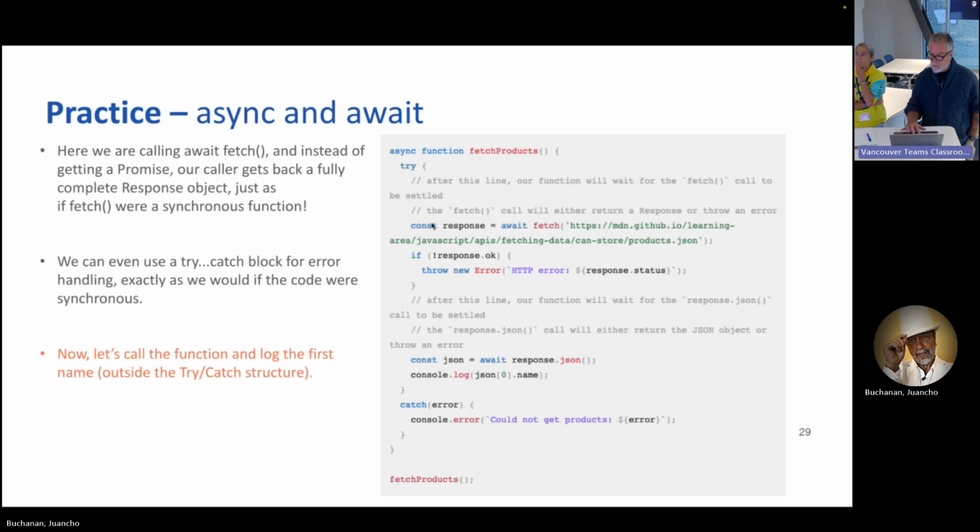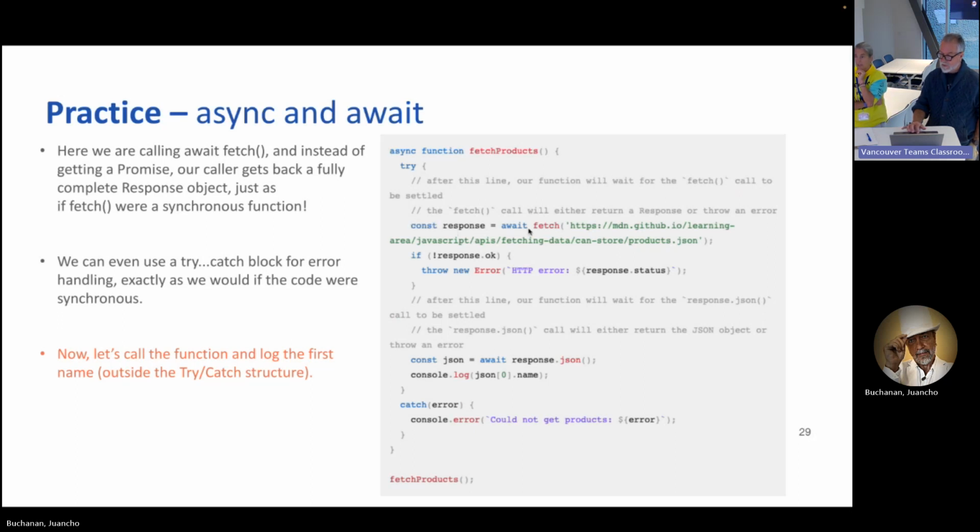So basically, we say const response equals await. What await does is kind of unwrap the promise. So it's actually controlling execution flow of this call to fetch. If you call a fetch, then you have to do a then. But if you call await, you don't do the then, and you get the response there. So response will now have that value. I don't see any thens there. The dot thens are gone.